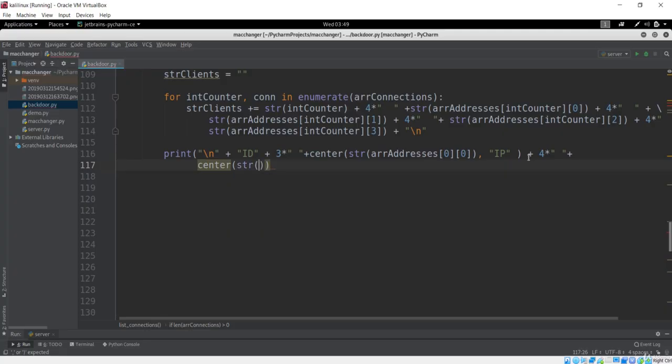And now here I want to add maybe the string addresses, and if you see, this 0 represents the client, and the first thing I want to add is basically, you can see the string, or basically this is for the IP addresses. So the first one is the IP addresses.